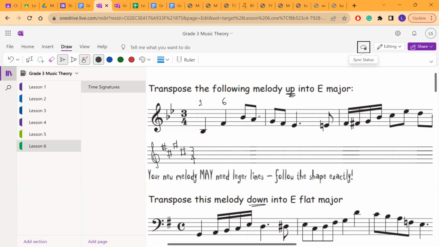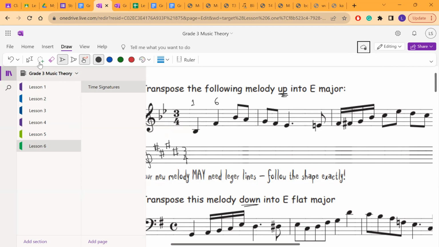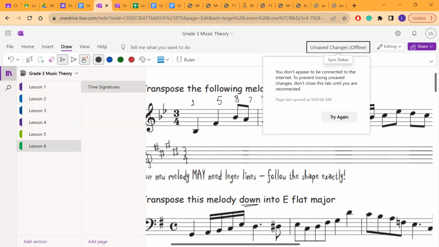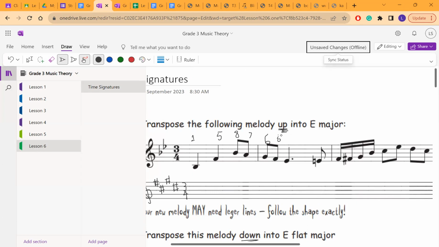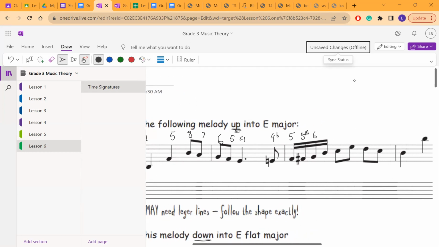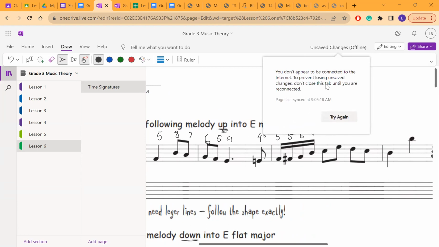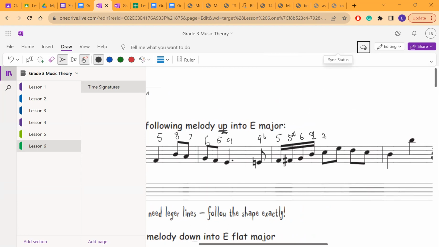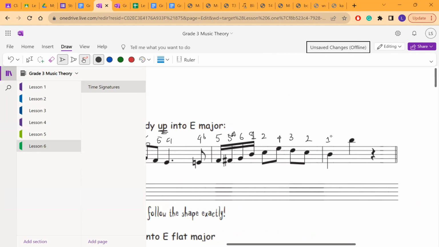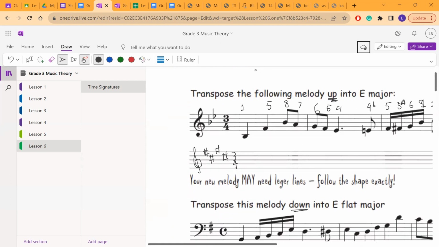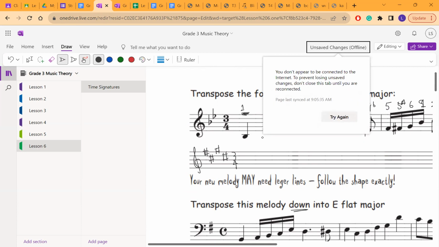1, 6. No, 1, 5. 5, 8, 7, 6, 5, 4, 4 flat, 5, 5 sharp, 6, and skip notification. 1, 2, 4, 3, 2, 1, 8 or 1. So now those are the scale degree numbers that we just marked, and now we're going to